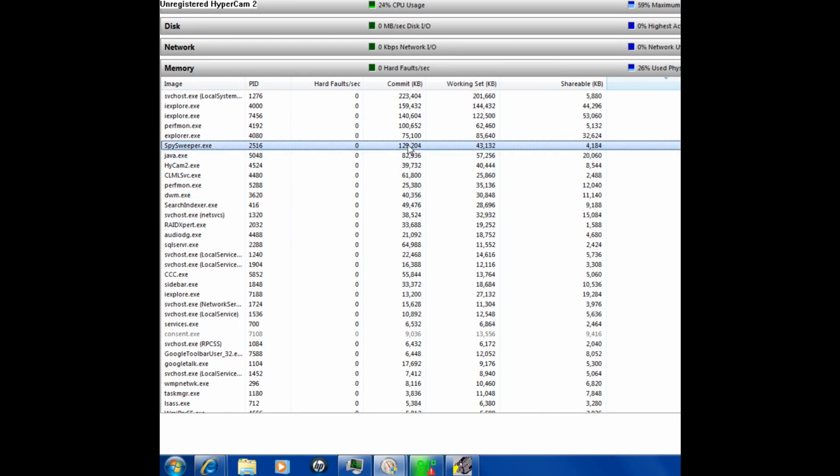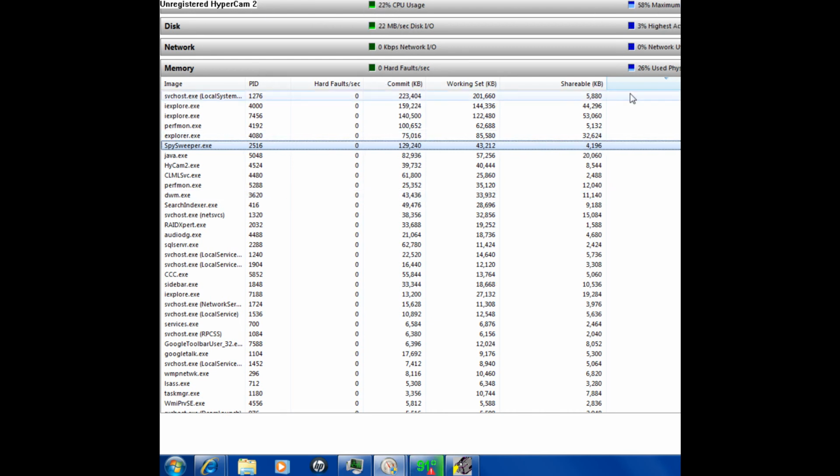If this defragmenter doesn't work, well, it'll definitely work, but if it doesn't help much, and disk cleanup and all that, then that's what you do. Or if there's not much in your RAM, and your disk defragmenter and your CPU and everything, like if you already ran disk defragmenter, excuse me, and disk cleanup, and you go into up here and you notice that your CPU usage isn't that much,